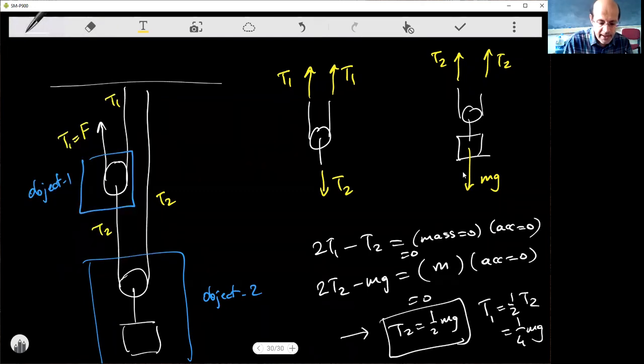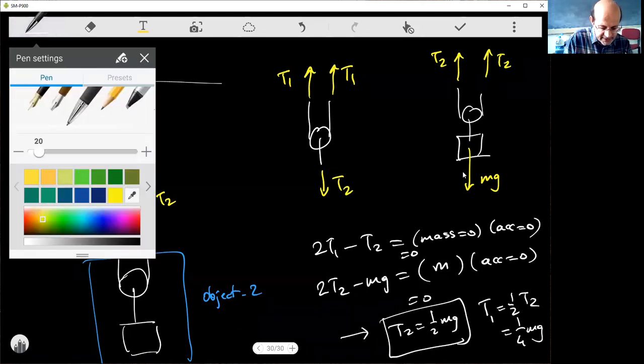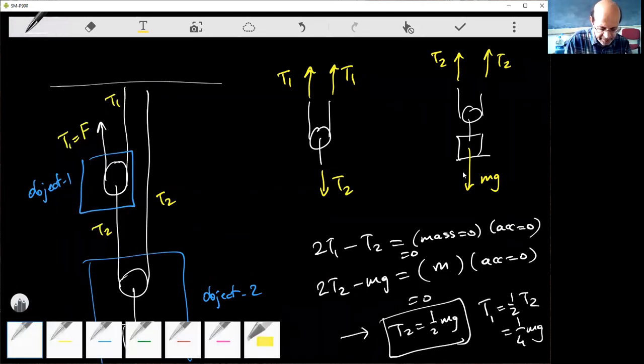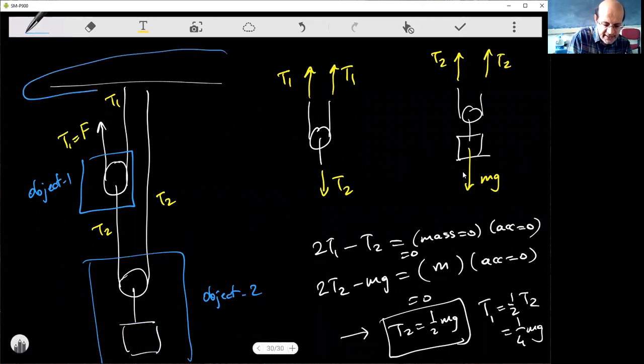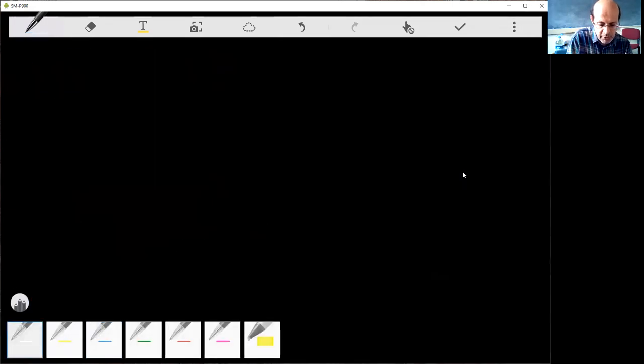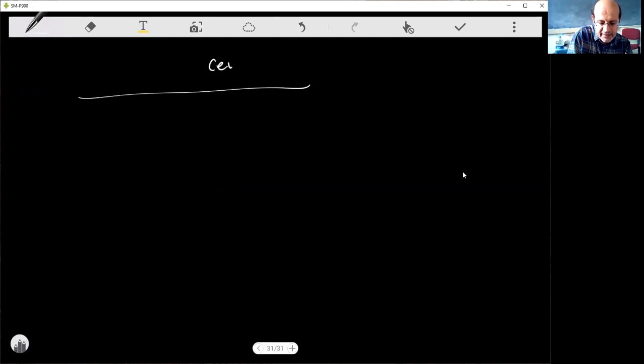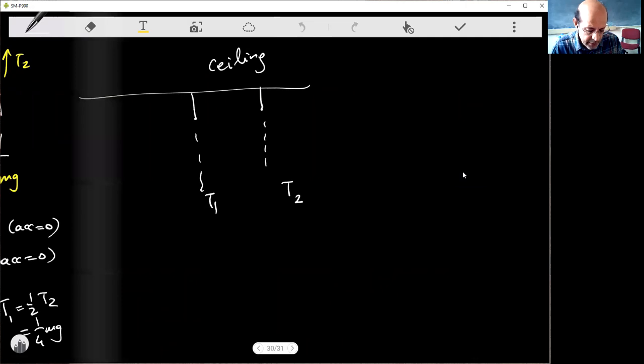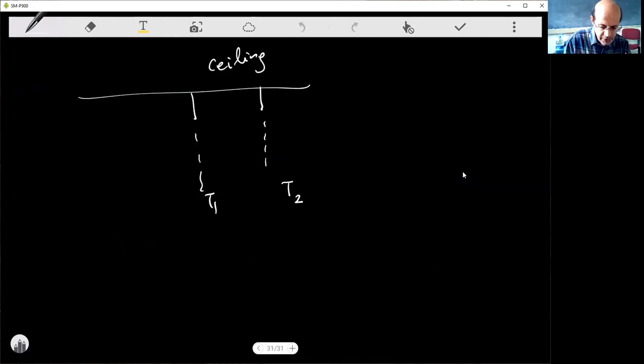T1. And then there's a ceiling in here. The ceiling is something like this. There's a ceiling in here, right? That's the ceiling. Let's talk about this. I'm going to draw that part only, the ceiling. We can see that there are actually 2 strings attached to it, right? So there's this first string with tension T2 and the other string with tension T1. I think we don't have anything else, right? So therefore,